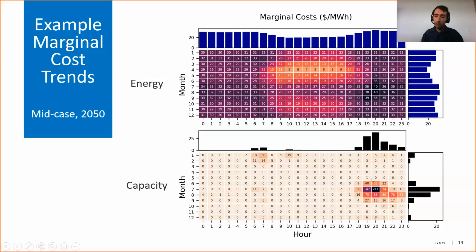And then capacity, this little cluster right here of higher values is basically saying that in this particular future, under these assumptions, if you consume more electricity during the evening in the summer months, that will essentially incur pretty meaningful capacity costs on the system. This is not too dissimilar from what we have right now, but the times do shift backwards over time.